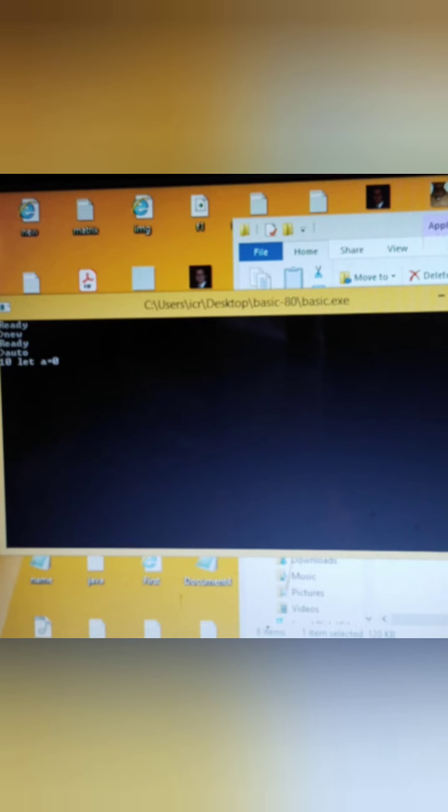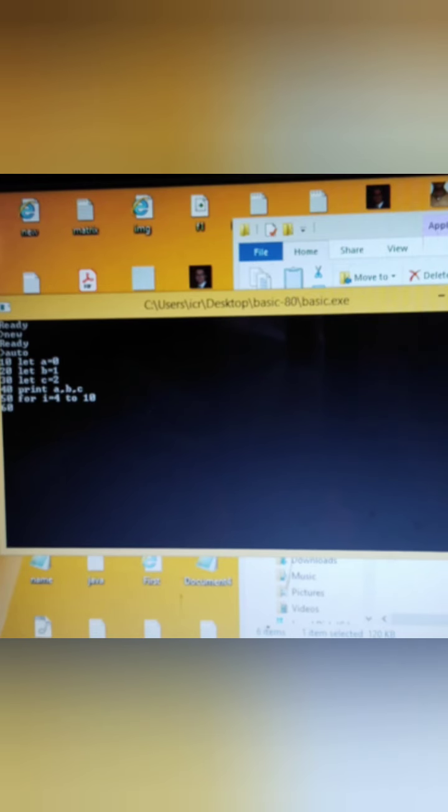Let A equal 0, let B equal 1, let C equal 2, and if I print all of them, print A, comma, B, comma, C, the first 3 terms out of 10 I have already printed. So my for loop will start from 4 to 10, because 3 numbers we have already printed.